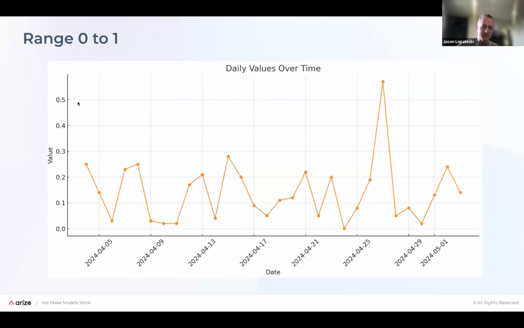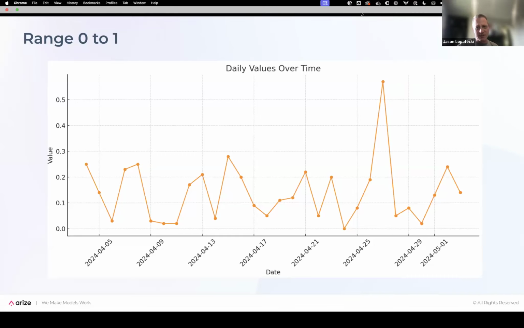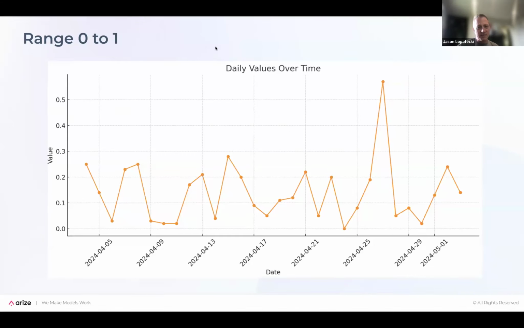But this gives you an idea of some of the tests that we're doing and some of the results across these. So not all ranges are equal. Hopefully some of the work that's being done for the 0 to 1 range in general of improving the LLM work, LLM results will actually translate into this.